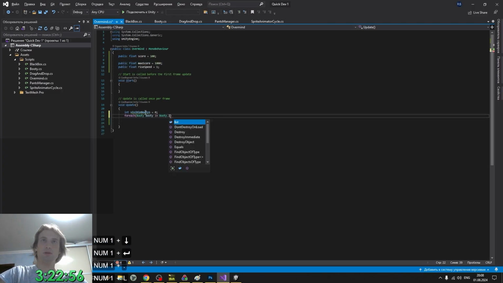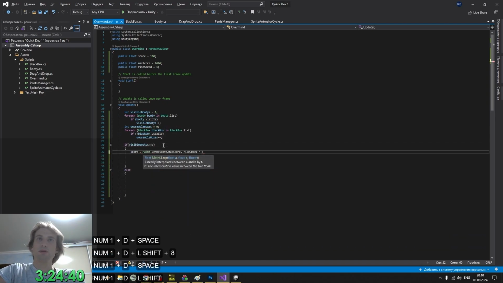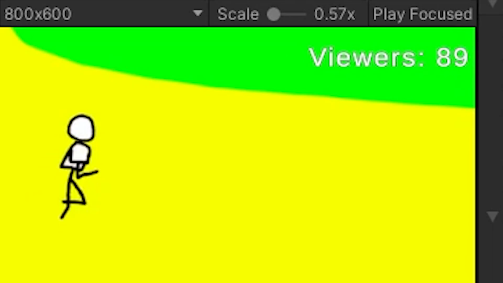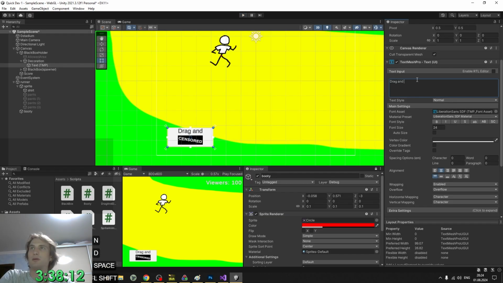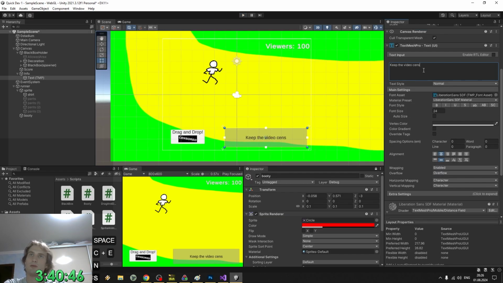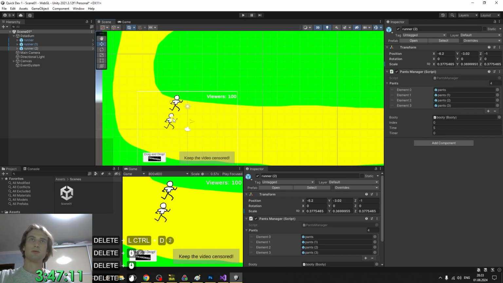Then I make a placeholder script to keep track of how well a player performs. Not censored, fewer viewers. Yeah, I think it's fine. Then I make some decorations and an info box to tell the player what to do. This,